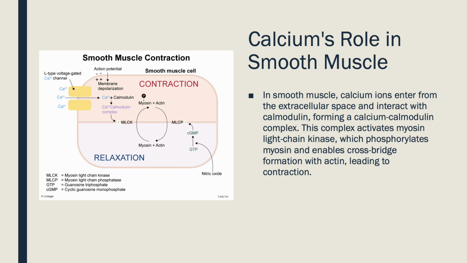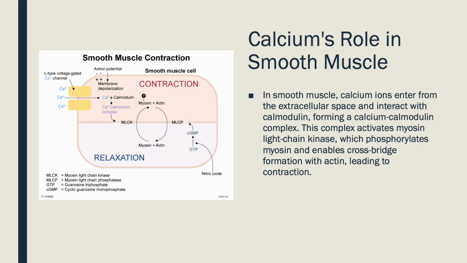Calcium plays a very important role in the contraction of smooth muscle. The process begins when calcium ions enter the smooth muscle cell from the extracellular space through voltage-gated calcium channels. Once inside the cell, that calcium will then bind to calmodulin, and this will form a calcium-calmodulin complex. This complex activates myosin light chain kinase, MLCK. And this phosphorylates the myosin heads, and this allows them to form cross bridges with actin and initiate